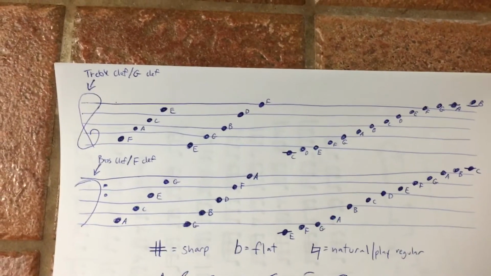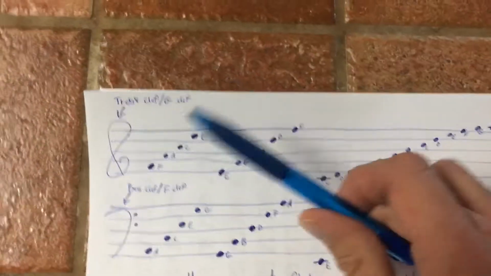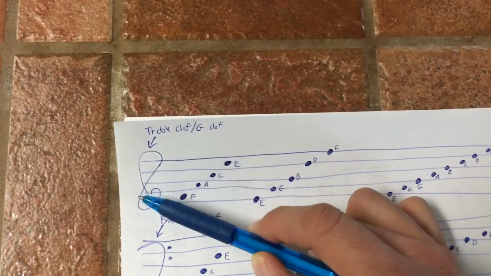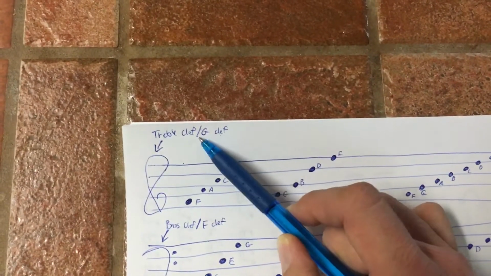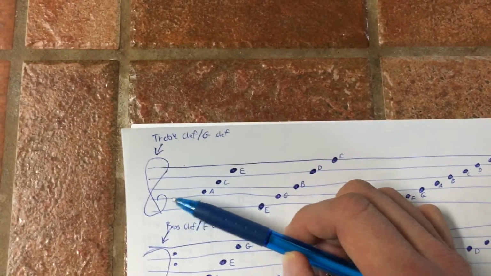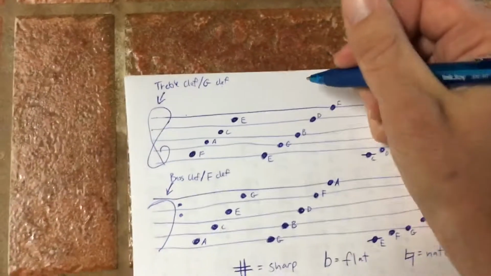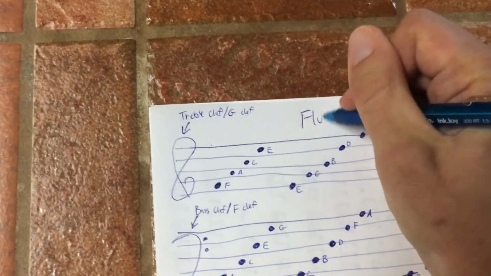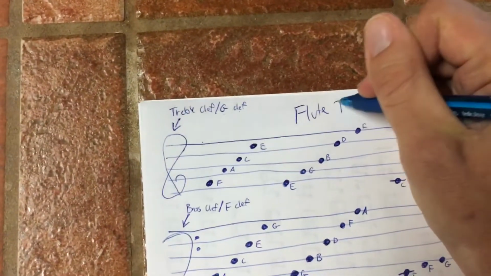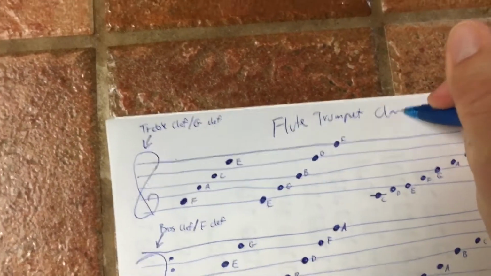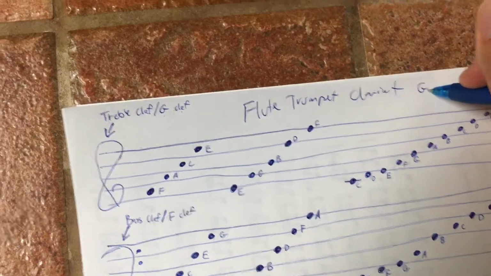So a couple things. If you play a treble instrument, this is the clef you have. This is called the treble clef, and it's also called the G clef. And we'll talk about why it's called the G clef too. The treble clef applies to instruments like flute, for example, or trumpet, or clarinet. A lot of instruments, right? Clarinet, guitar,